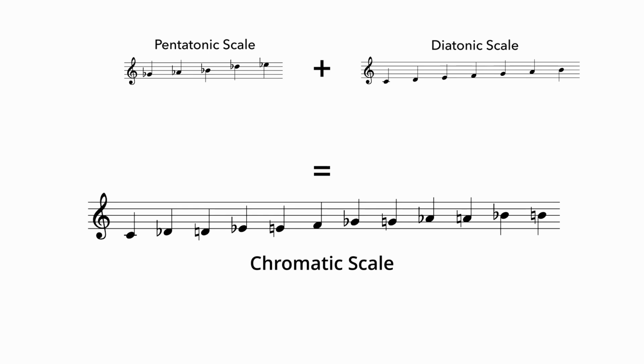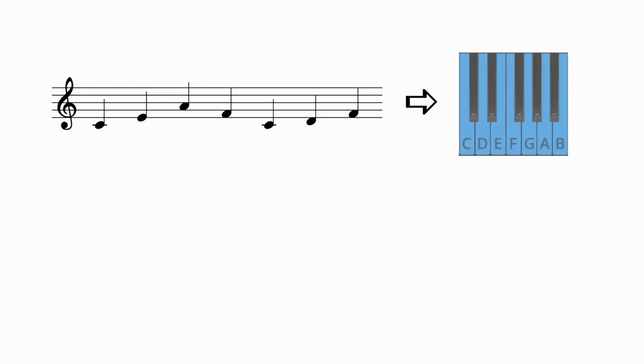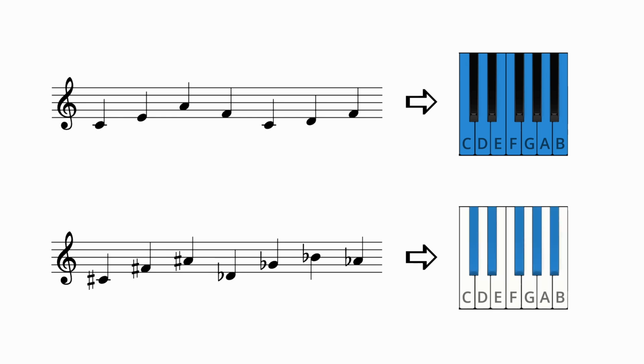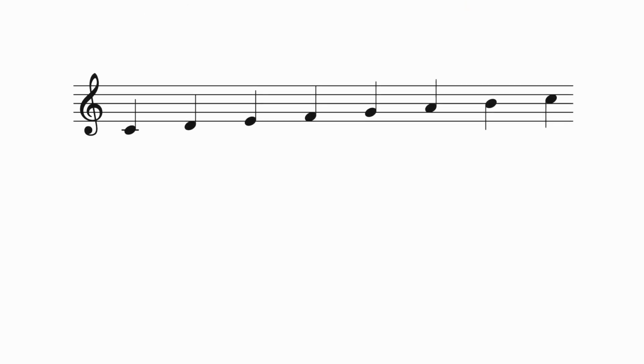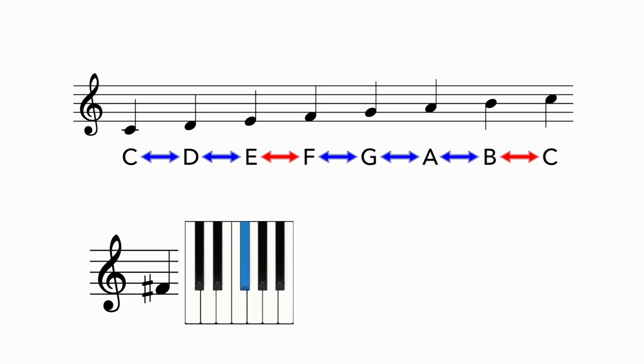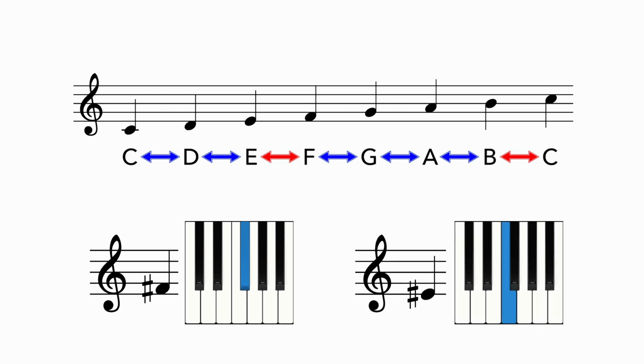Just to complete the picture, music notation follows the same logic. Without accidentals, the written notes correspond to the white keys on the piano, and we need sharps and flats if we want to use any black keys. So, if I write down a C major scale, you can't see that it features 2 different intervals. You have to know that E and F are just a semitone apart, and for that reason, while an F sharp is a black key, an E sharp is not.